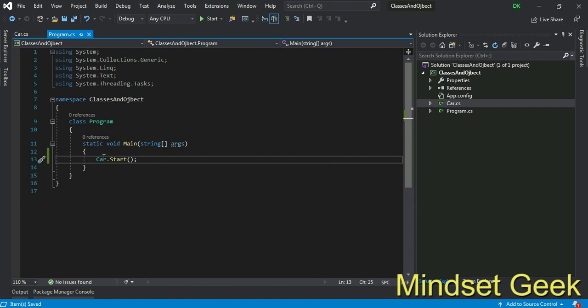Real world examples and practical coding examples are both important. That's what I wanted to explain in this classes and objects lesson. I think you get a good idea about this.